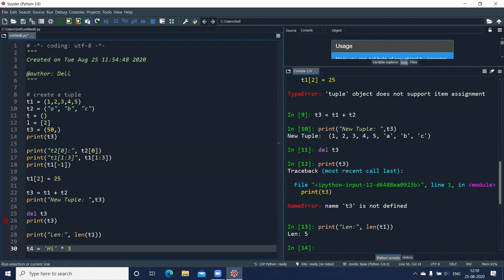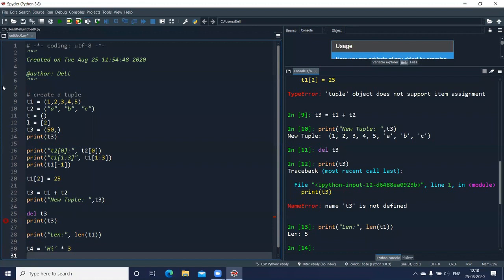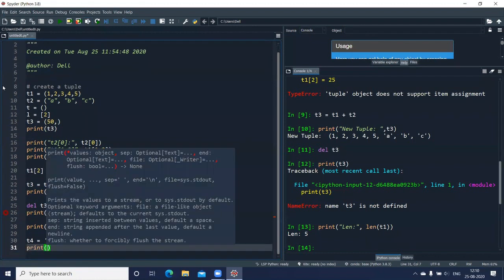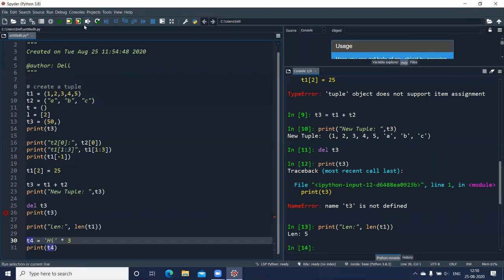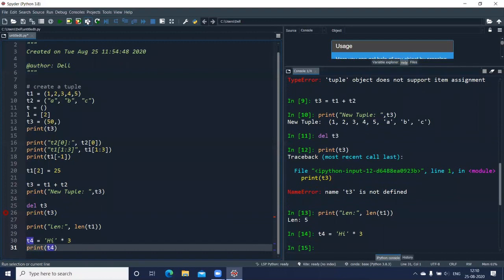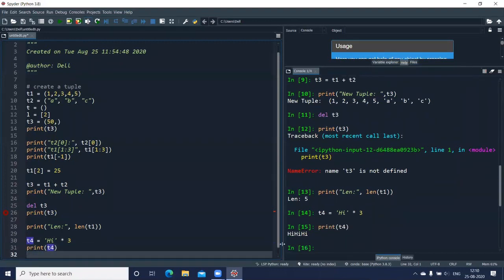What should happen here? A tuple should be created. I'll run this and I'll print it as well. Print T4. Let us execute this and display it. You can see we have T4 with hi written in.